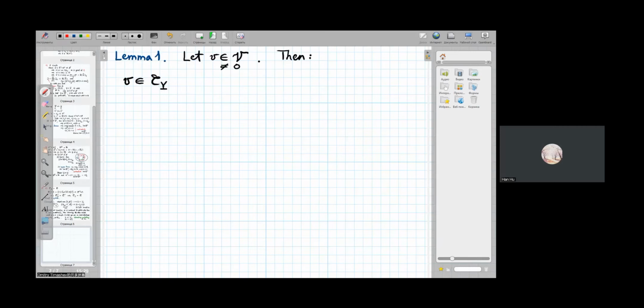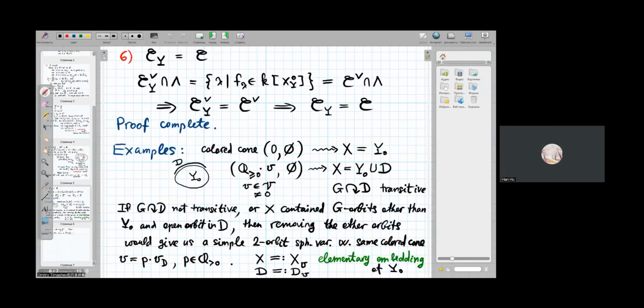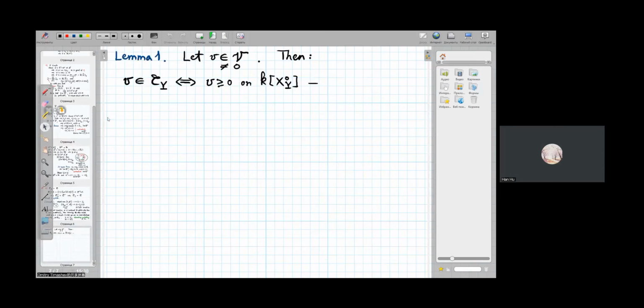So I will say roughly that V belongs to the colored cone of a simple spherical variety with a closed orbit Y, if and only if the valuation defined by this vector V is non-negative on regular functions of the open B chart. And this is if and only if